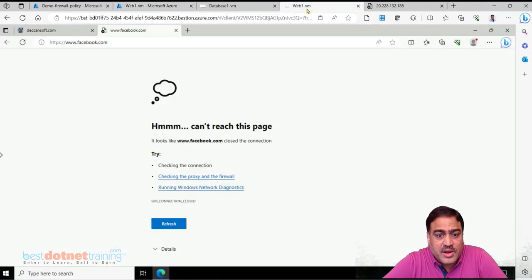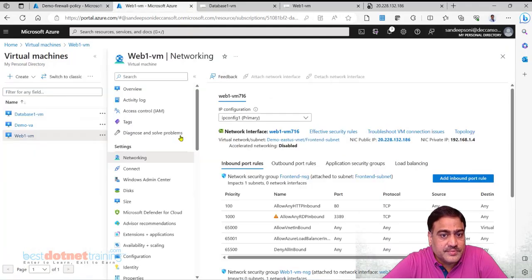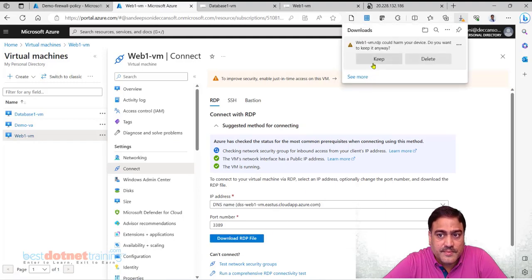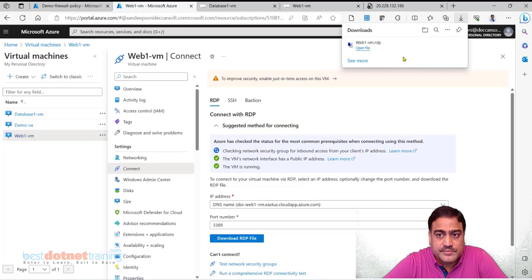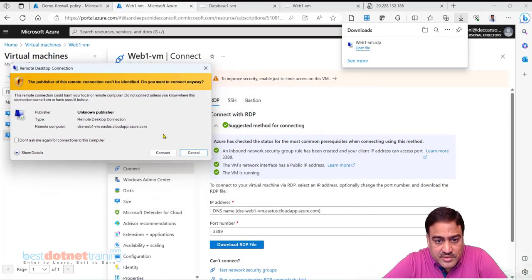Right now I am connected via Bastion, but suppose I try to connect via RDP, here it says an inbound network security group has been created and the client IP address can access the port.